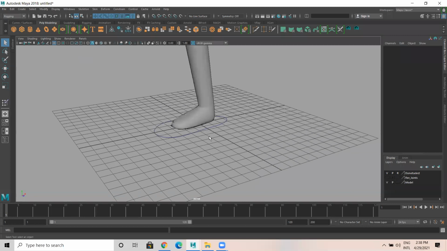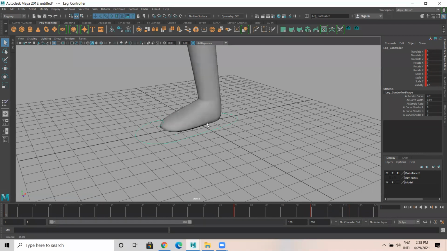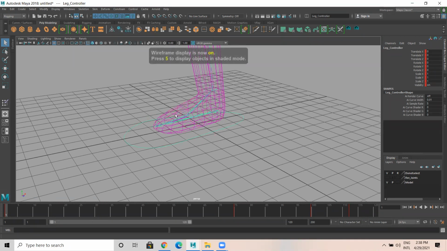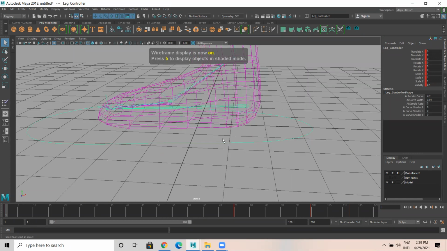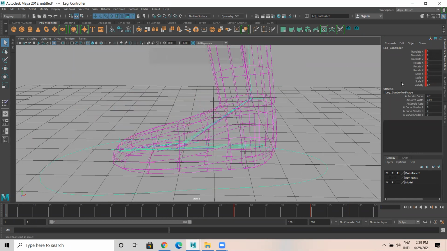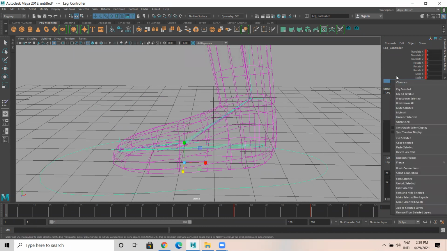For example, this leg part here. If I add set keys and all, separately for these joints we need to add. So here, right click.